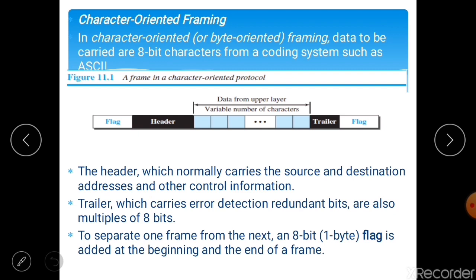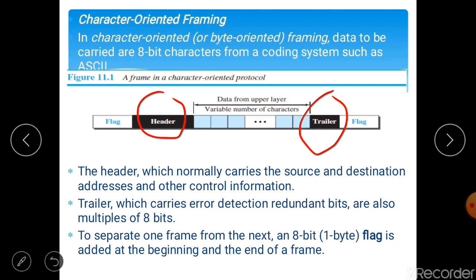In character-oriented framing, the data to be carried are 8-bit characters from a coding system such as ASCII. The header normally carries the source and destination addresses and other control information. The trailer carries the error detection redundant bits.